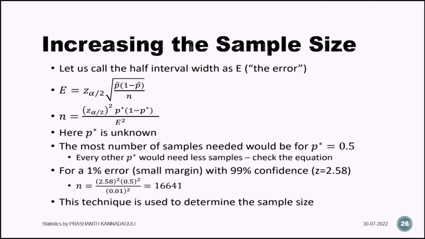What is the Z alpha by 2? For 1% error, that means 99% confidence. Corresponding to 99% confidence, I have a Z value of 2.58. So you see,